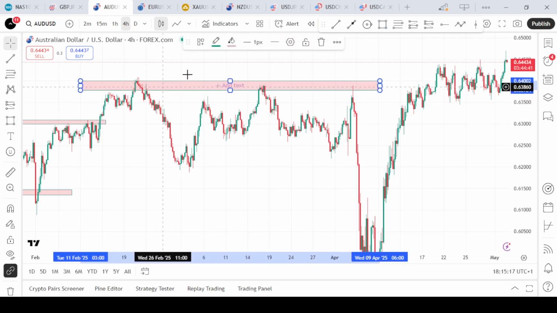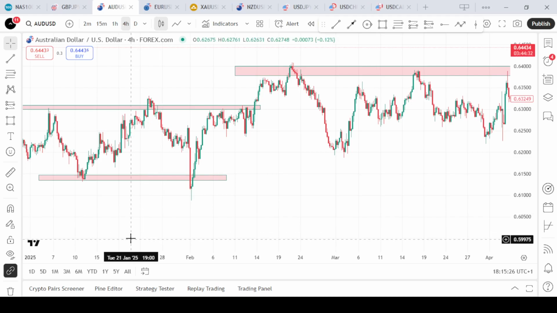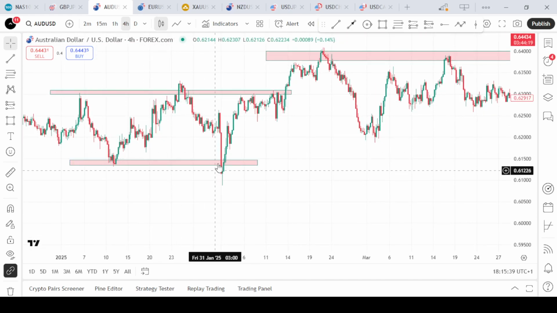These are key resistance and support levels in the market. Once you have identified these levels, you have to watch out for price action. That's the candlestick pattern that aligns with the market context. For instance, let's say price is approaching a support level,